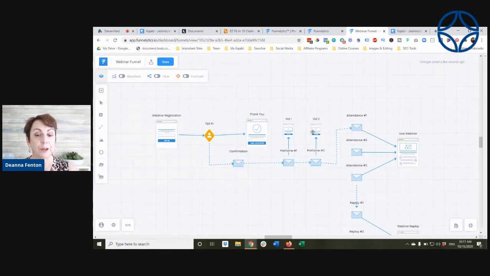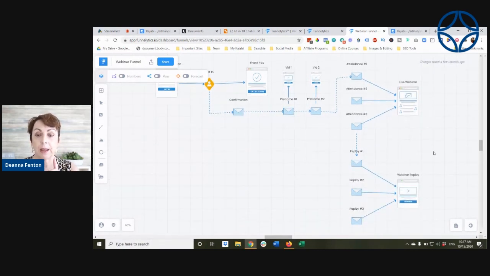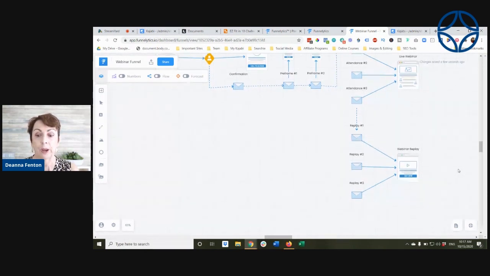In this particular funnel, they've got 2 videos before the live webinar to warm people up even more. And then you're going to direct them. So if you had 3 dates, webinar 1, 2, and 3, they all get driven to the live webinar. You send them an email with the replay, and it goes to a webinar replay.